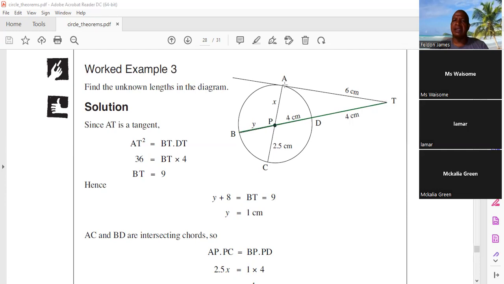And the length of a tangent, you would take it from A. And if you remember what the formula says, let me write that. Even though the solution is there, I'm just trying to bring this one to your attention. So it says that the tangent squared, so this means AT squared, would be equal to,